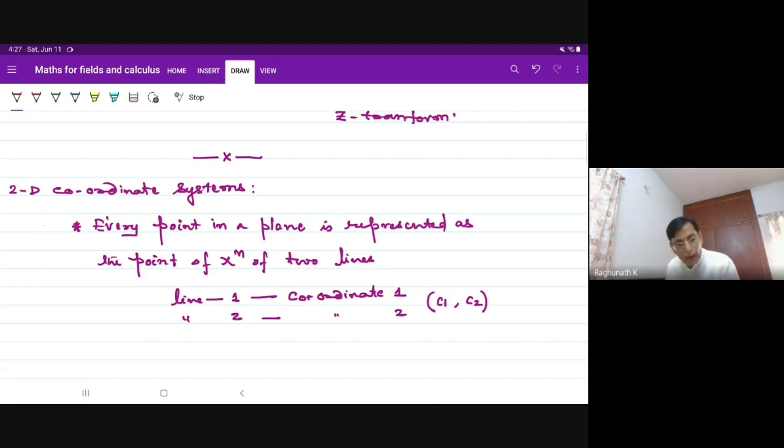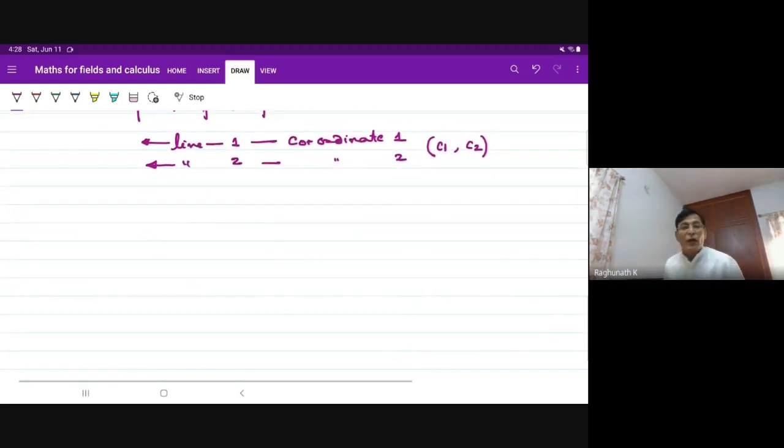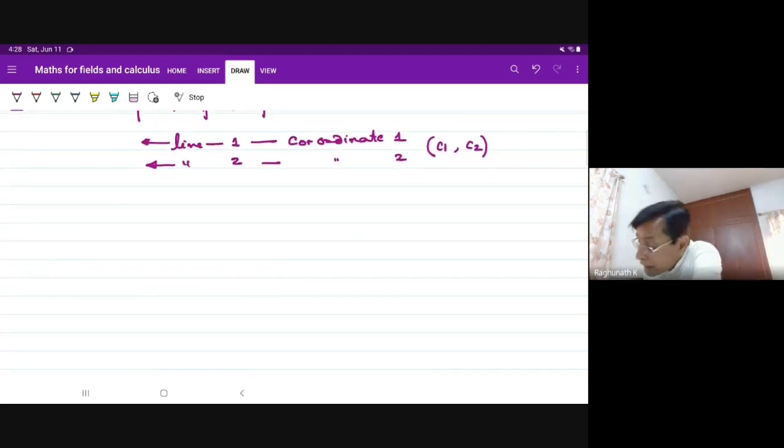In every coordinate system, there will be infinitely many lines corresponding to C1, infinitely many lines corresponding to C2. Every point in a given plane is represented as the point of intersection of two lines. In this, in two-dimensional Cartesian coordinate system,